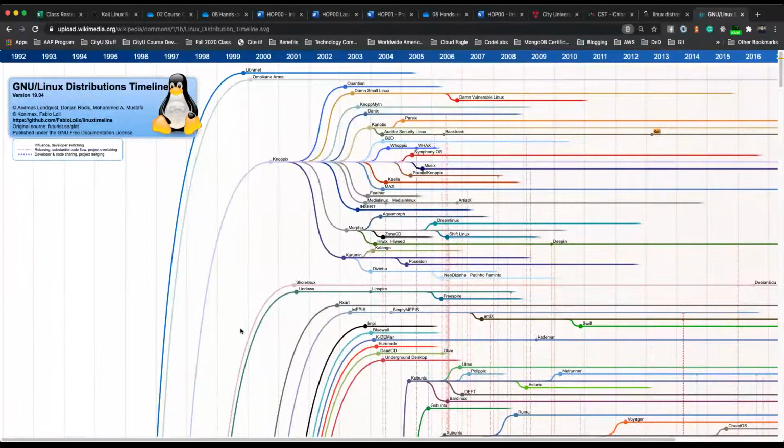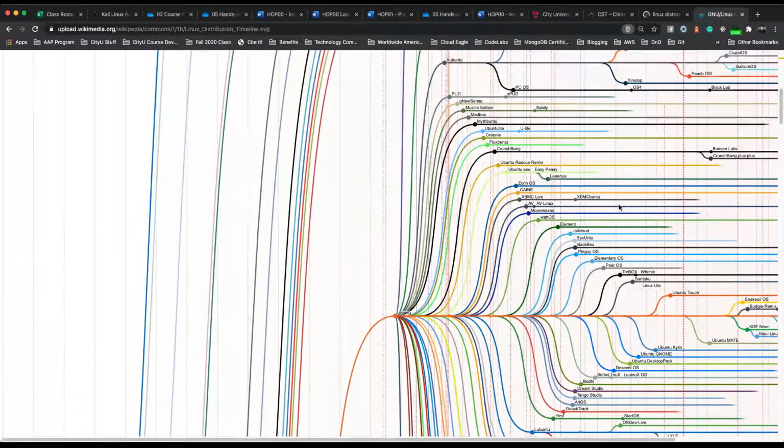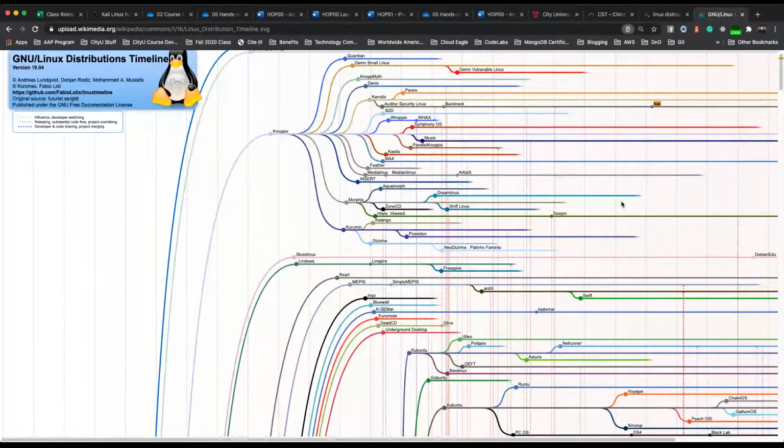from Debian, it basically branched off from Knoppix, which is not that popular, right? And you can see that it branched out until it became Kali, from BackTrack, from Auditor Security Linux, and now Kali is the most popular one, right? And again, because most of these are open source, when you say open source, we can see the code.